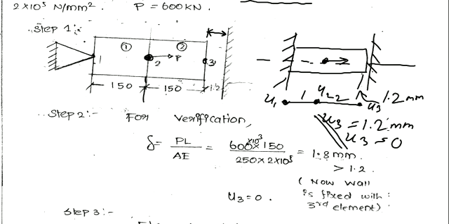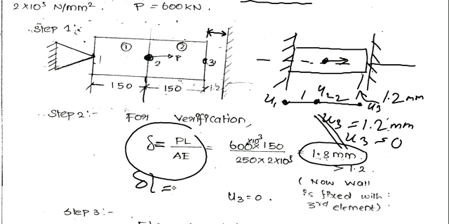By a theoretical formula. So there is delta L. Okay, as you have studied in MOS, delta L is equal to PL divided by AE. So using this equation you can calculate delta L. So from this calculation the delta L is obtained as 1.8 millimeter